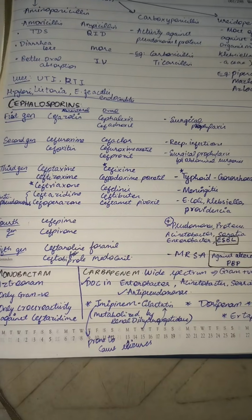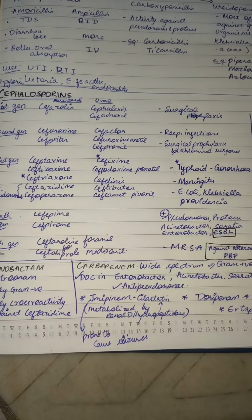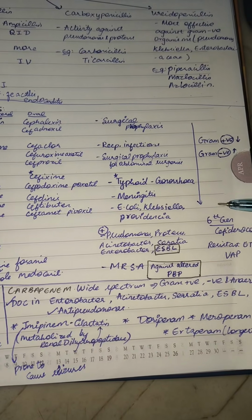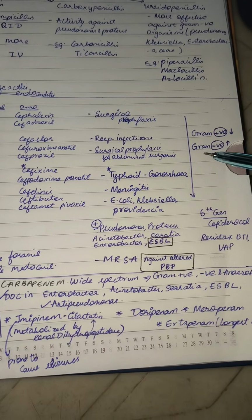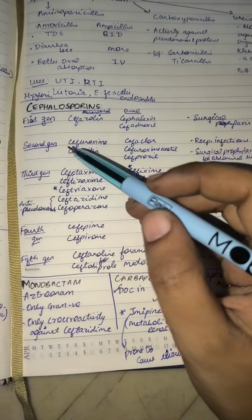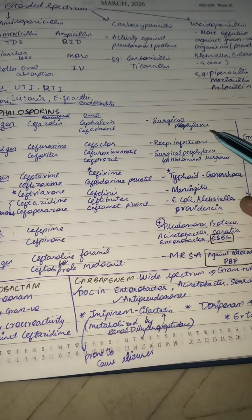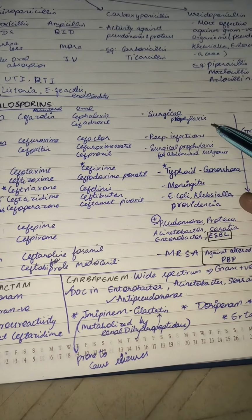To cephalosporins, we have 6th generation, and the generation is based on its spectrum of action. And now coming from first to 3rd generation, the activity against gram-positive organisms decreases and gram-negative organism increases. So the first generation like cefazolin is best used for surgical prophylaxis, as it gives better coverage against gram-positive skin